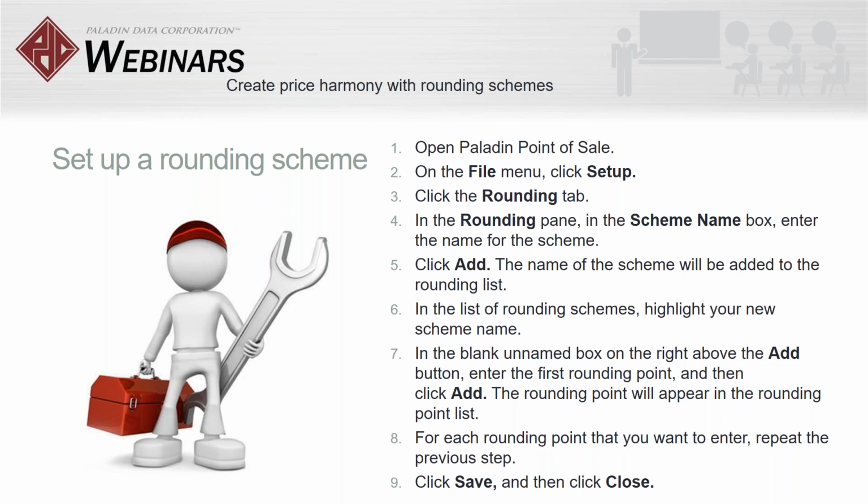Let's say we only want the rounding scheme to break in sets of 50 cents, ending in 9s, less than $5. Over $5, we'd like it to start kicking up by $1. So what Paladin does here is it's going to automatically calculate all of the remaining rounding scheme points. So you don't have to sit there and go up to $2 million and infinitely create this huge rounding scheme list. What Paladin will do is when you stop entering rounding scheme points, it'll go, hey, what's